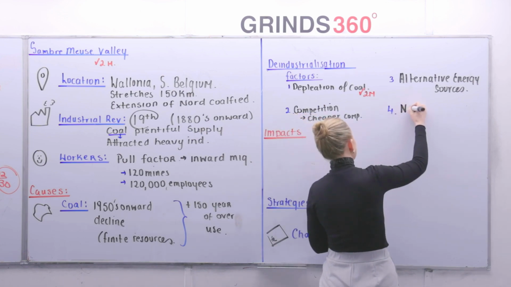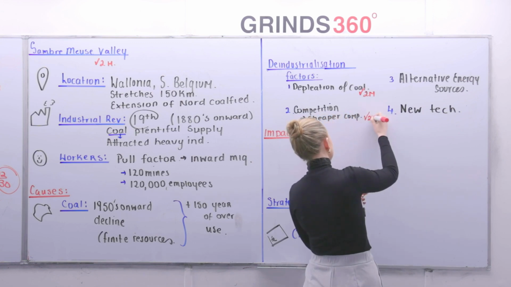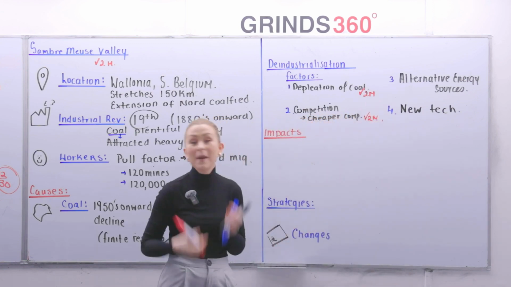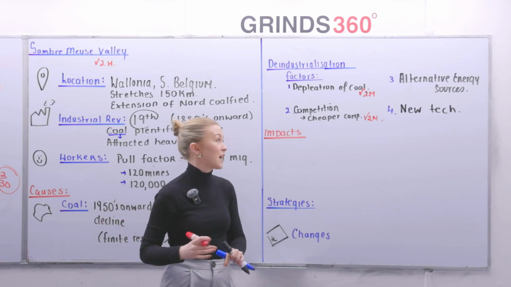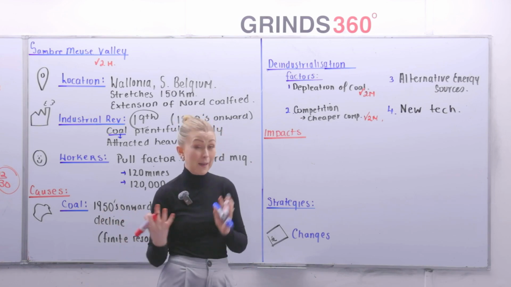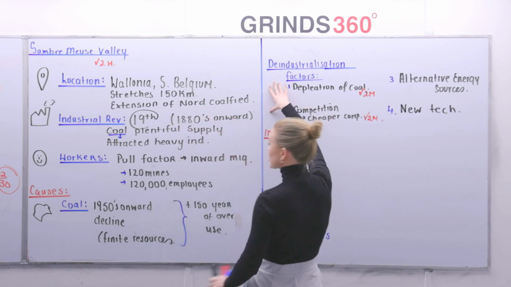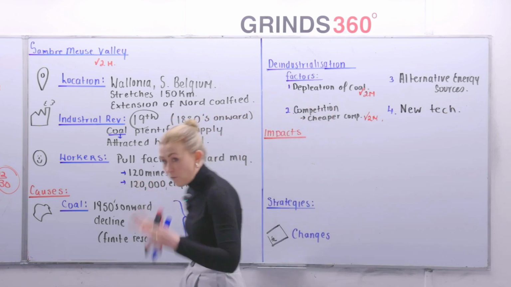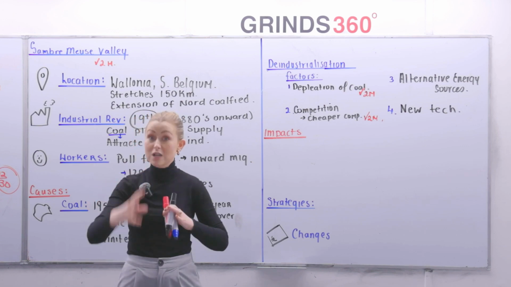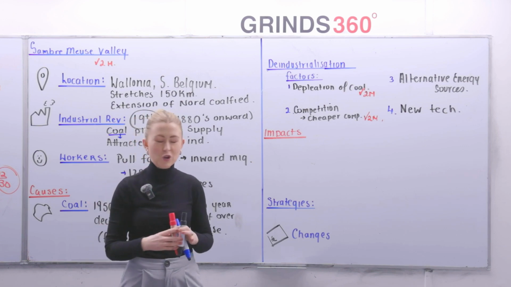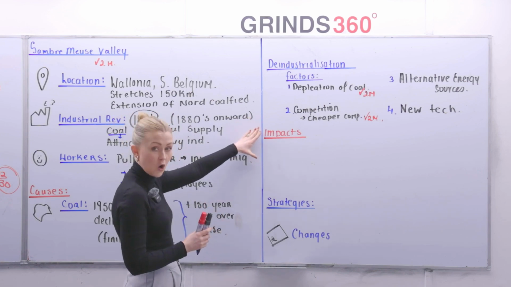New technology was the last one. New technology, very, very last one there, that took over jobs. It made things a little bit faster as well, which means the coal was being depleted a little bit more. That new tech also was the reason oil and gas became a lot more popular. Now, here you'll see we have our causes. I know I have it labeled factors. This is the cause overall of why it's a region of industrial decline. Don't know why I'm struggling so much with that particular sentence today. Now, that's our cause done.